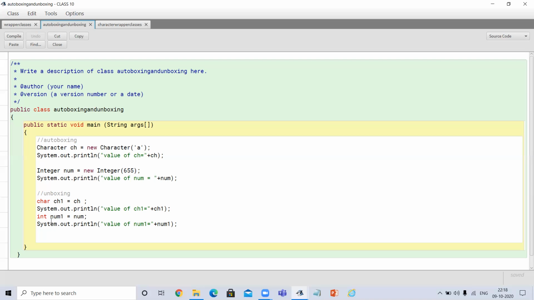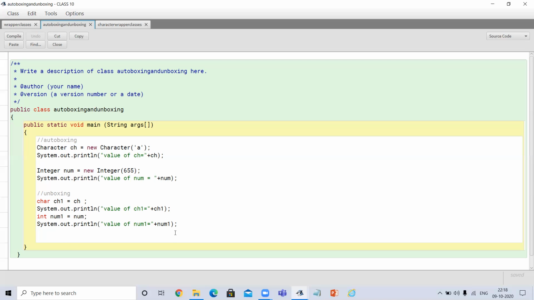In the same way, num1 is an int primitive data type, and it will store num, which is the wrapper class value, but this wrapper class value will now convert into its primitive data type, and then we will print it.